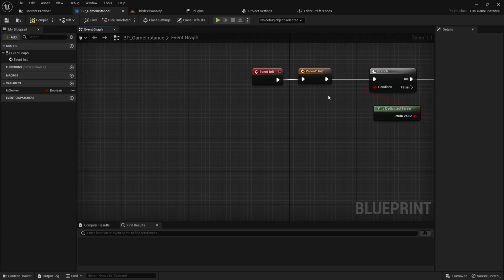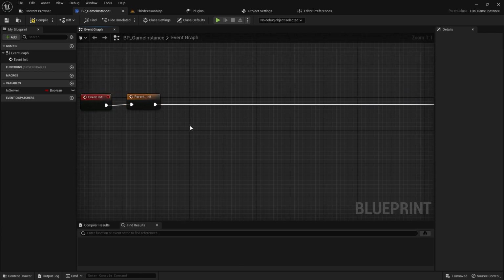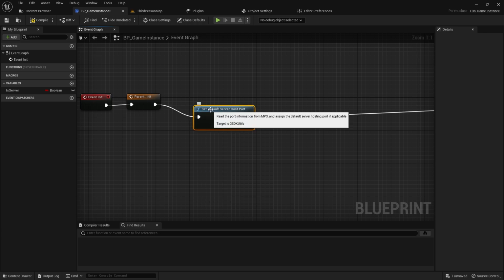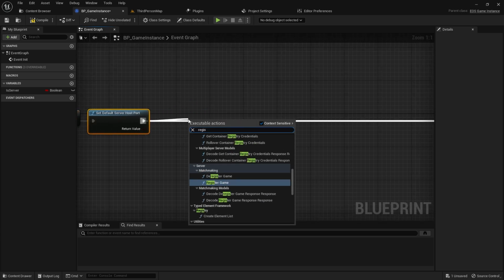And next what we need to do is we will just drag this thing up and we will write the logic which we require for the server. Let me just open up this thing and just a second, give me a minute. So the first thing that we require is the default port. This is something that I forget every time. And then what we need to do is we need to register